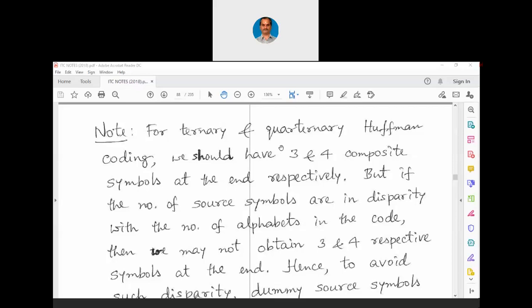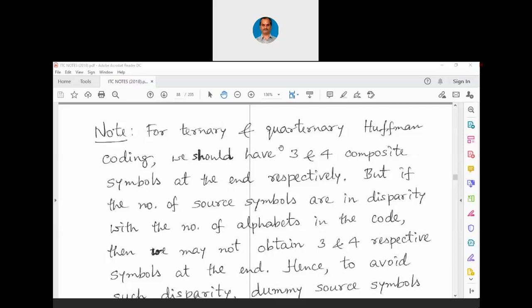So we should have exact division as per the power of 2, which means we will have to add some dummy symbols. Actually, we are combining 2 symbols together and allocating zeros and ones, initially moving from left to right, then coming back from right to left.